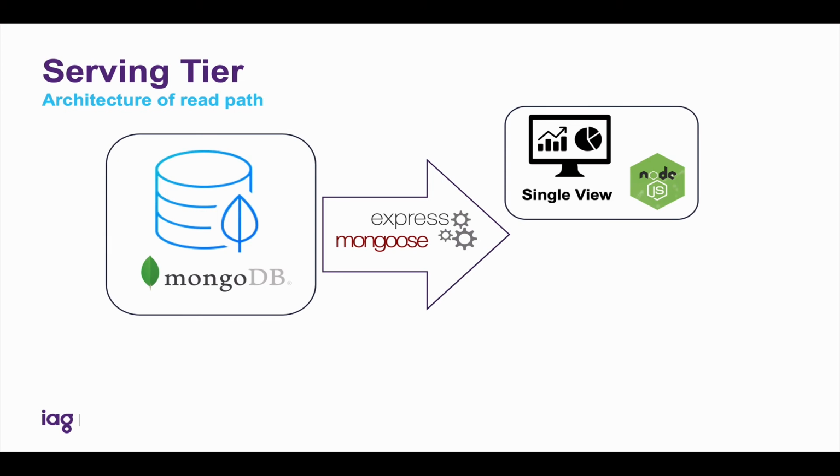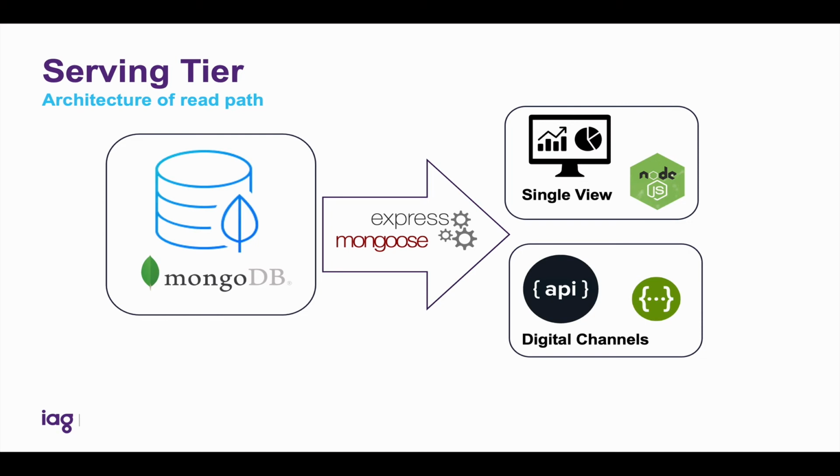And then, okay, we've got all this architected, well-designed, cleaned up data that's been customer scored. How do we make use of that, right? And so then we start using technologies like Mongoose that allow us to take that MongoDB stored data and then send it out for consumption by Node.js APIs, through digital channels through those APIs, and also through dashboards if we want. We actually designed our own dashboards that are served out by Node.